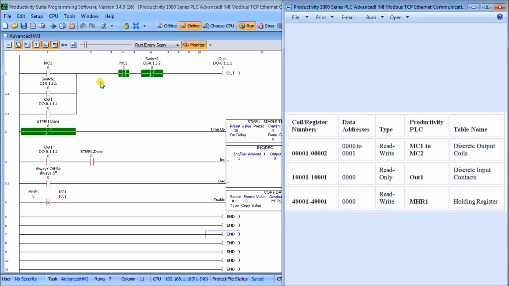There's MC1. It goes normally open to normally closed MC2, which then activates the output, and that output turns on and seals on the switch. So there's my start and my stop in a simple circuit. So that's MC1 and MC2, and then we have